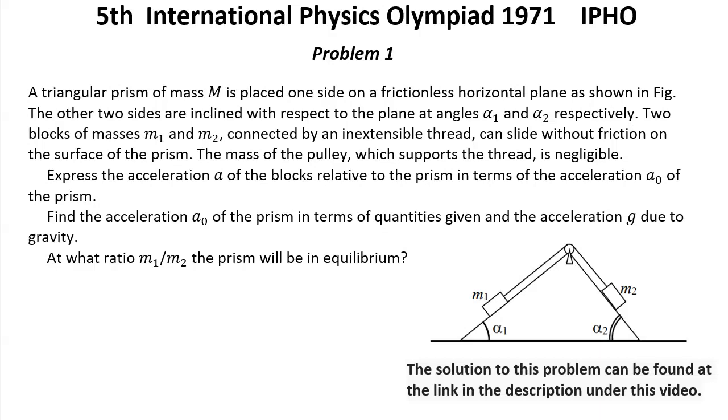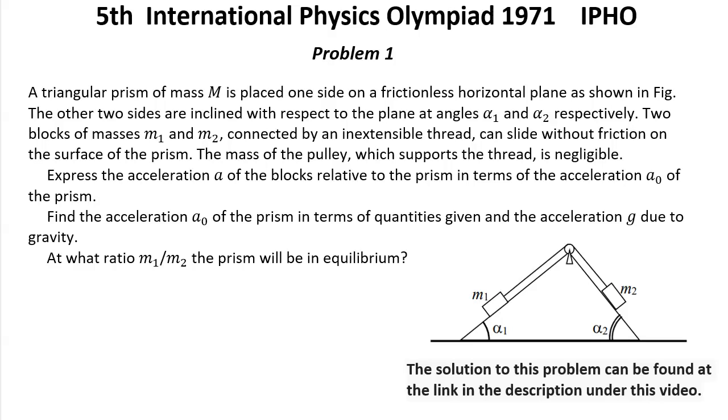5th International Physics Olympiad, year 1971, IPHO. Problem number 1. A triangular prism of mass big M is placed one side on a frictionless horizontal plane